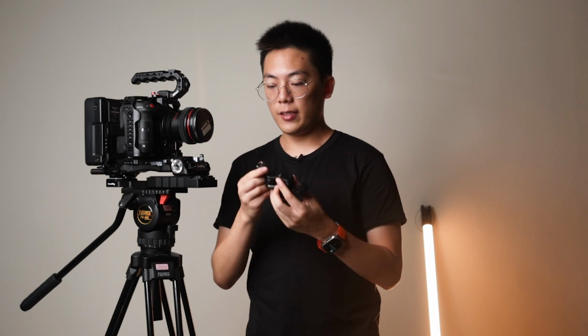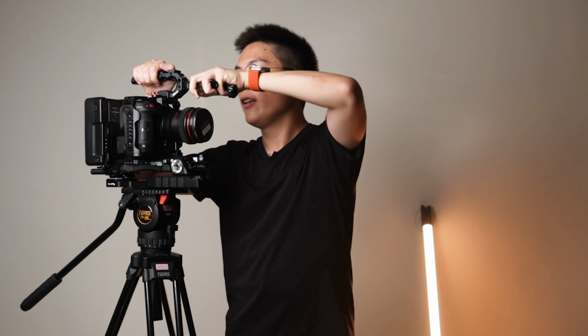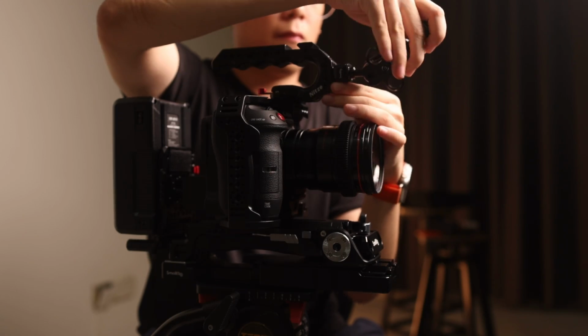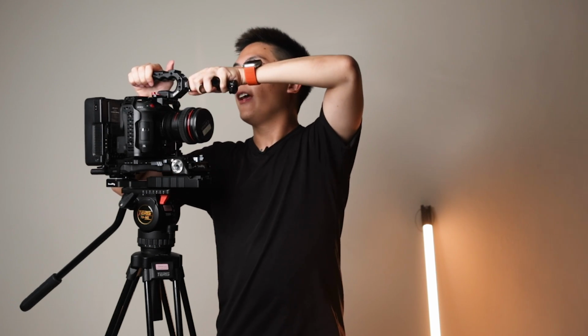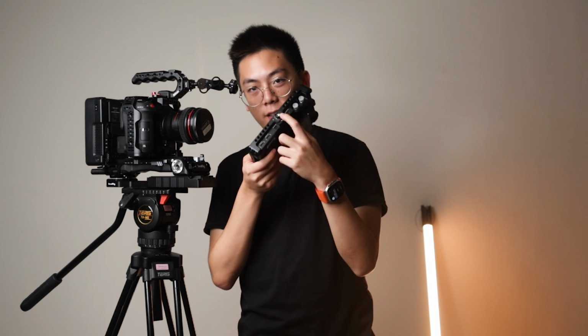And basically I use this for my monitor. The magic arm that comes with the Hawk lock has this connector here, and you screw in a connector to whichever port you want. You can just put it in just like that, and it's locked solid into place. And if I want to move it, I can just take it out just like that. It's really simple, and you can buy these small adapters, and then you can connect them anywhere